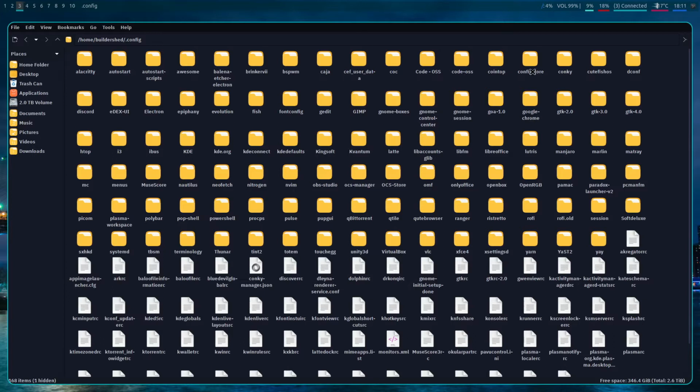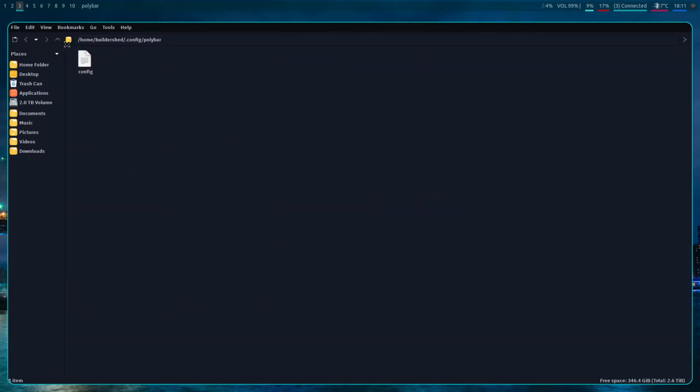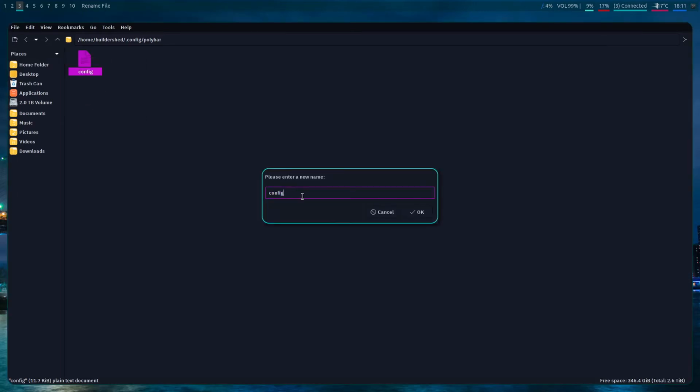I'm gonna look for something known as polybar. Should be under the P's. Right here, and here's config. And just rename this to